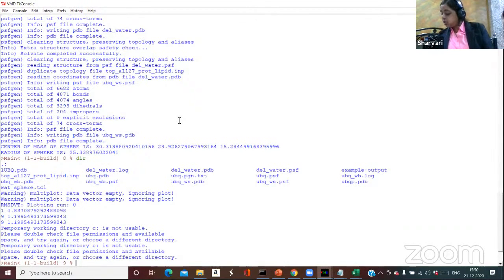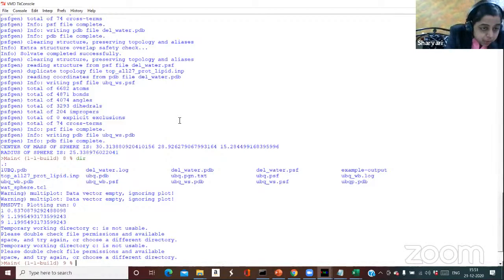So I think I'll show you that also, how to generate a water sphere. For that we have a different command. I'll just tell you how to solvate it. The rest of everything is similar, so you can perform it on your own. I'll just tell you the command of water box solvation, and if you want you can note it down also. It will just change because the dimensions of your water box will differ. Previously in sphere we did not give any dimensions, but here we are going to give dimensions to